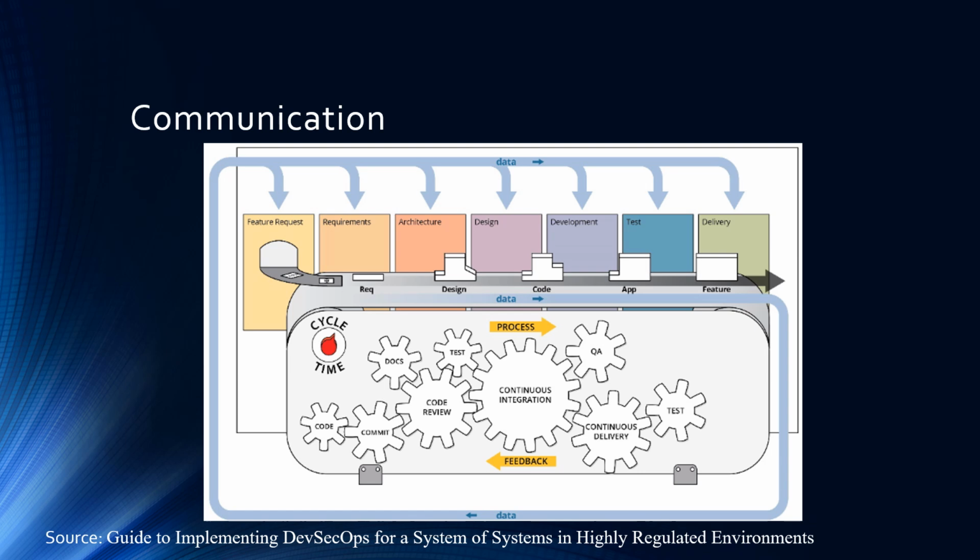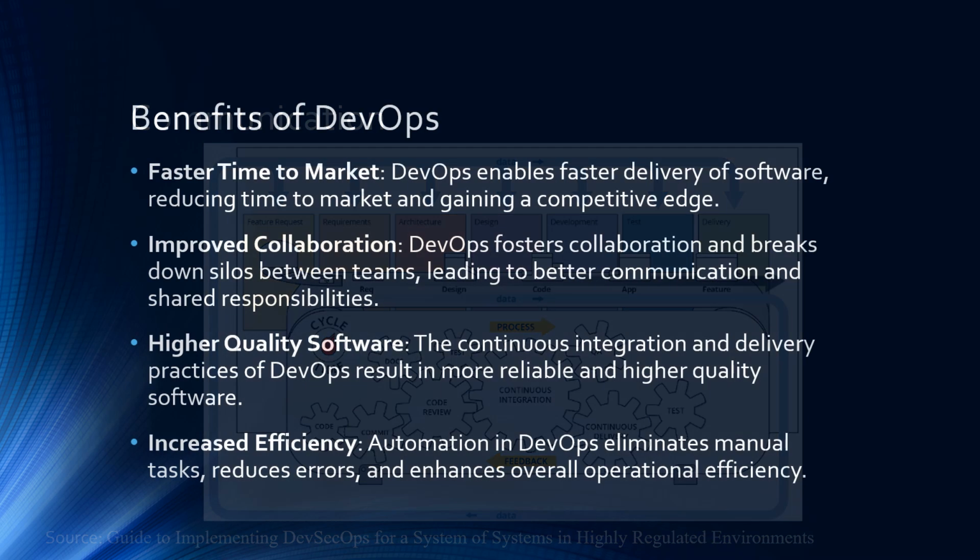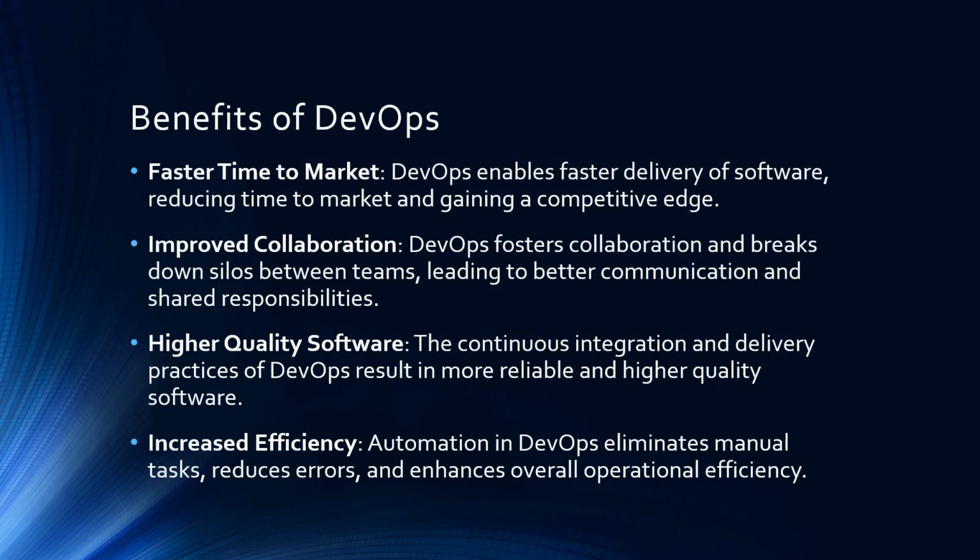The most successful DevOps implementations maintain a balance between automated communication through tools and meaningful human collaboration through regular meetings, shared planning sessions, and joint problem-solving activities. This emphasis on communication helps prevent the common pitfall of teams working in isolation. When everyone has visibility into the entire delivery pipeline, they can make better decisions that consider the full impact of their choices. The benefits of DevOps extend far beyond technical improvements, delivering significant business value across multiple dimensions.